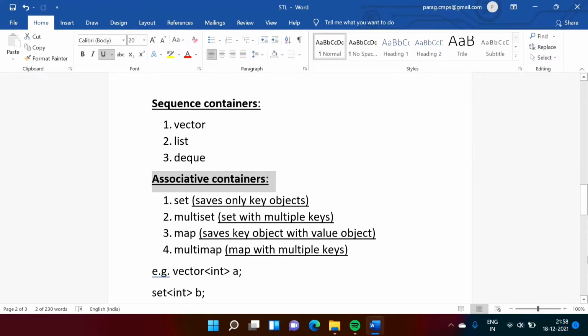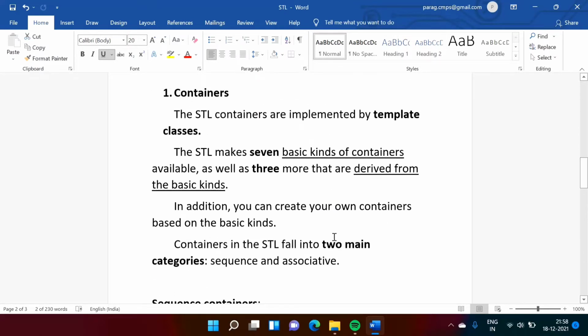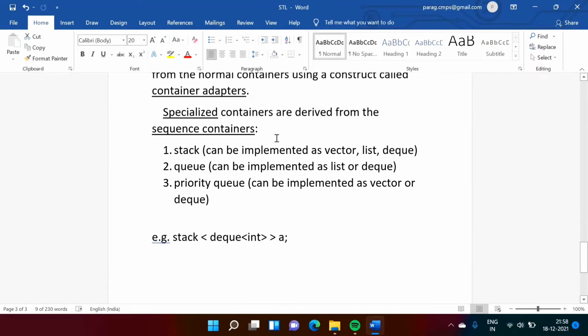These 7 containers are called the basic containers. And from these 7 basic containers, 3 containers are derived. Here you can see: stack, queue, and priority queue.